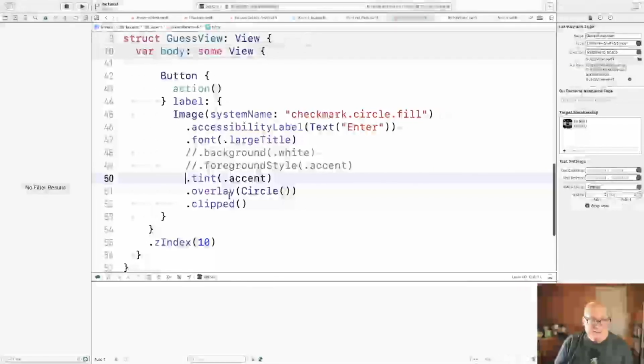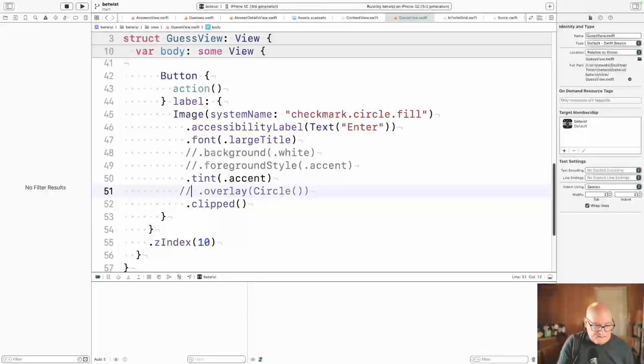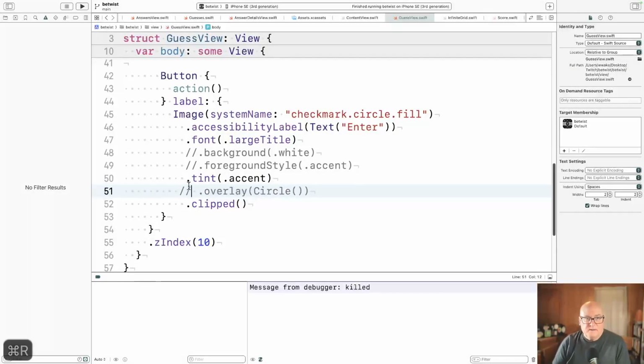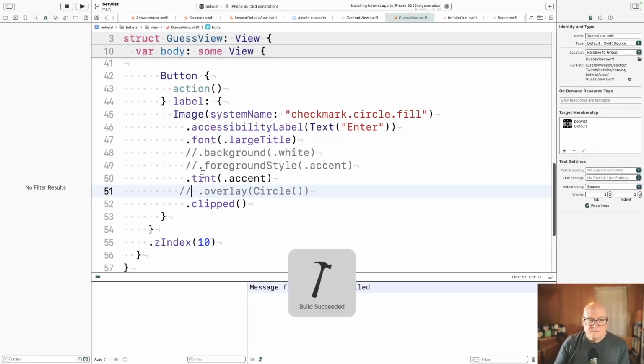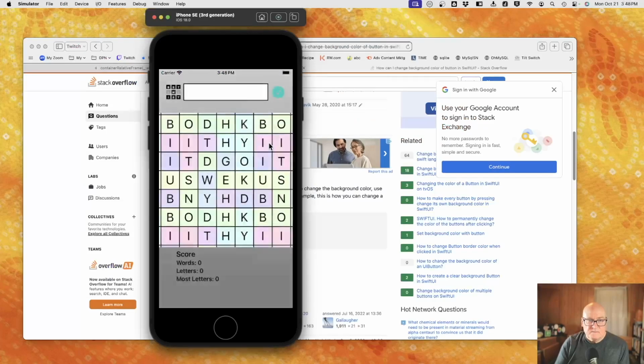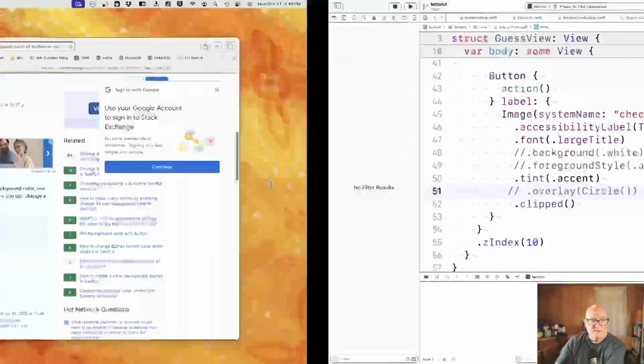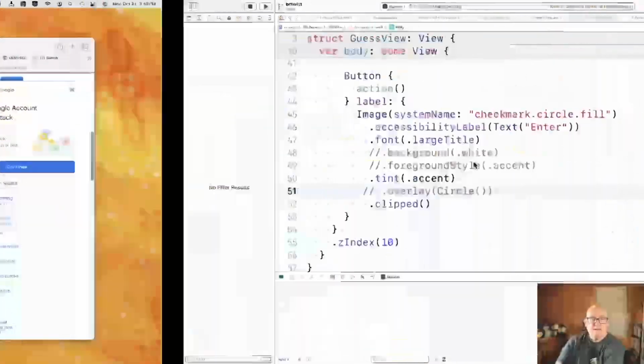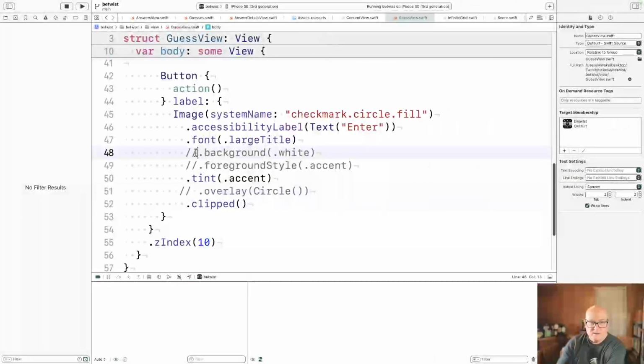Yeah, that's what I'm not clear on. Is it filling in the color on the circle? Okay. So if I do background white on this,